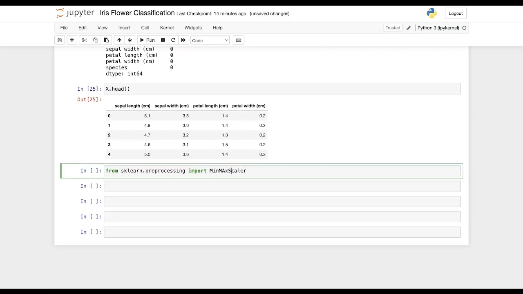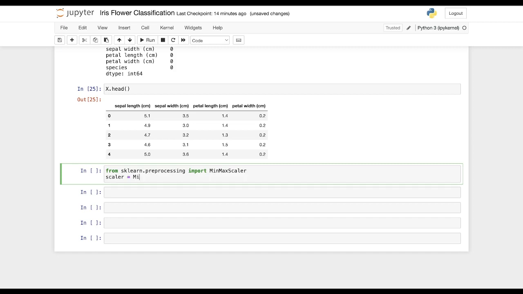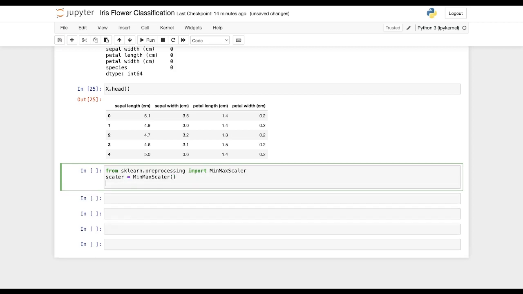Then we will create a variable, or you can say the object of MinMaxScaler, which is scaler equal to MinMaxScaler. This is the object. Now we will actually perform the fit_transform method on this data set. So we'll say x is equal to scaler.fit_transform, and we will provide the x data set. The reason behind including the square brackets and colon is, if you don't provide this, it will store the transformed values in the form of an array and not in the form of a data frame. To store the values in the form of a data frame, we have just provided that square bracket and colon.